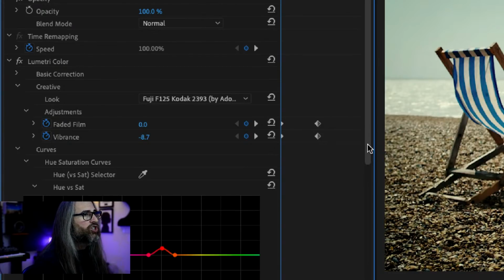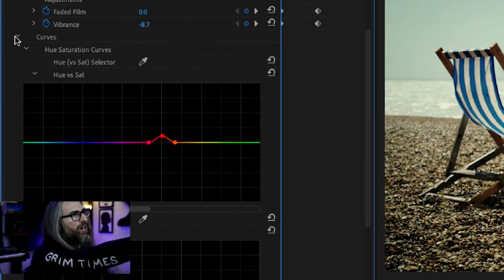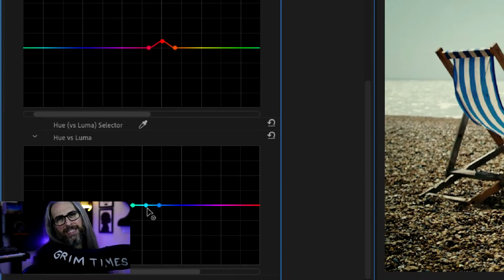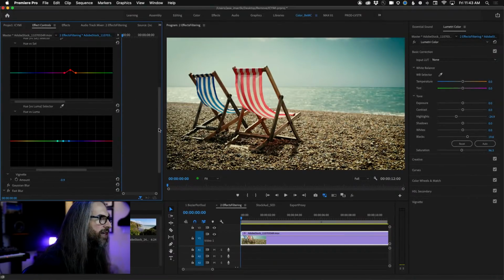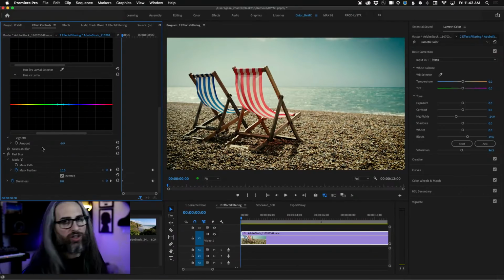Again, I only made change to the hue versus sat curve under our selective color grading. Oh, and Luma too, it appears. I made a slight change and then modified it back down. But again, because I made an edit in there, that's what we're seeing. So freaking cool. Nothing in Gaussian blur. I didn't do anything in Gaussian blur, so again, just a placeholder there. And then we've got 2 parameters here.